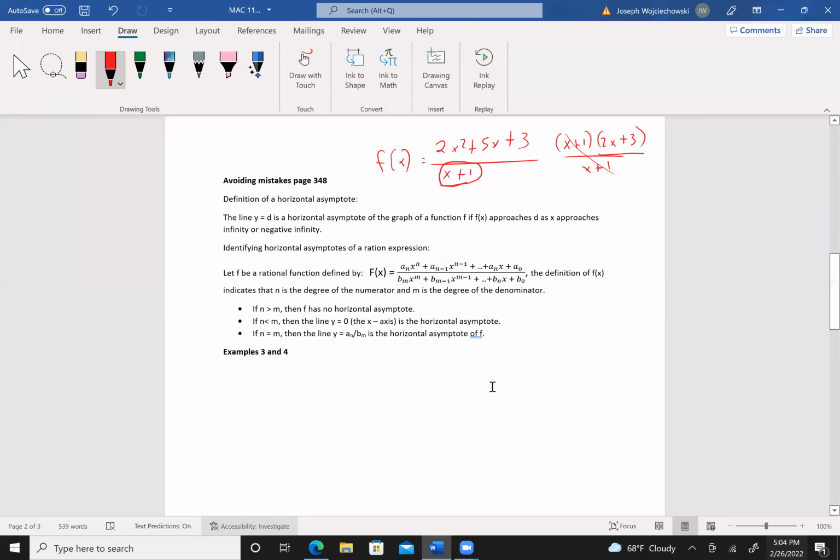How to identify a horizontal asymptote of a rational expression? So if we have f as a rational expression defined, and again, we just used a sub n, x to the n, on over b sub m, x to the m, on and on to